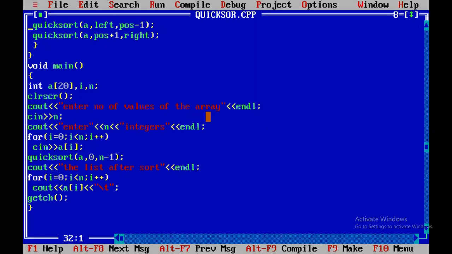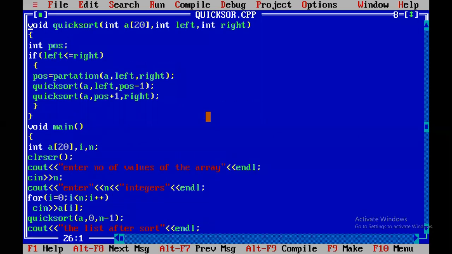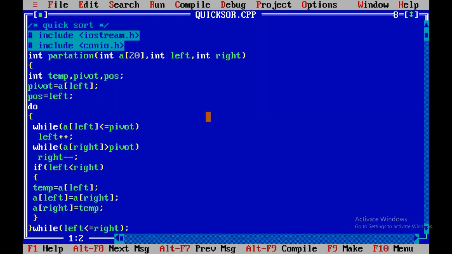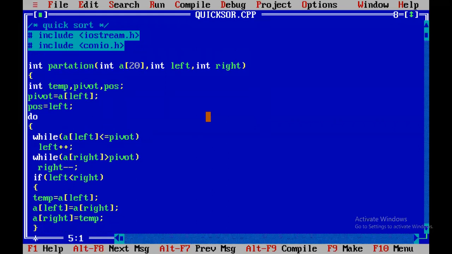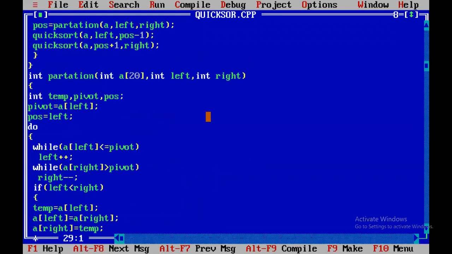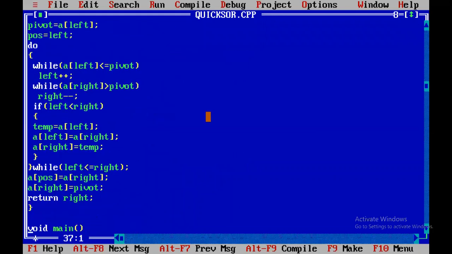I put my logic before the main. So this, the quicksort, I have to write here or somewhere else, no problem. This is also no problem.